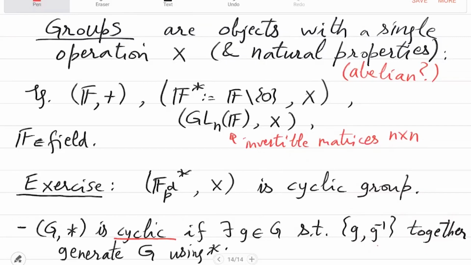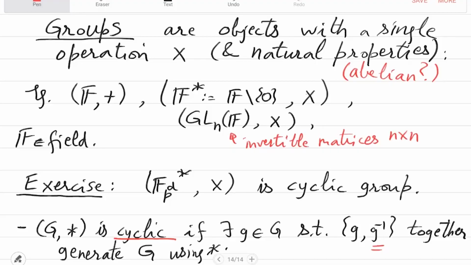So we are talking about G inverse also, because it is just another way of saying that G raised to numbers, both positive and negative, are allowed. By using these positive and negative exponents you can produce the whole set G. It's important when G is an infinite set. Otherwise you could have only talked about G.